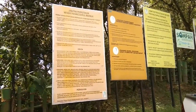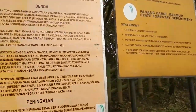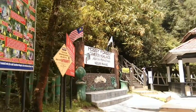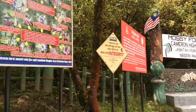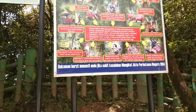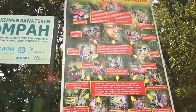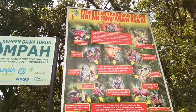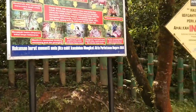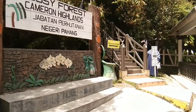I think it is about 45 minutes of trekking, a walkthrough that will help you see the first-hand beauty of this forest, the unique flowers and other flora. This is all written in Malaysian language, so maybe the pictures can help. Basically, they're depicting what kind of activity you can do and what activities are prohibited, like smoking and